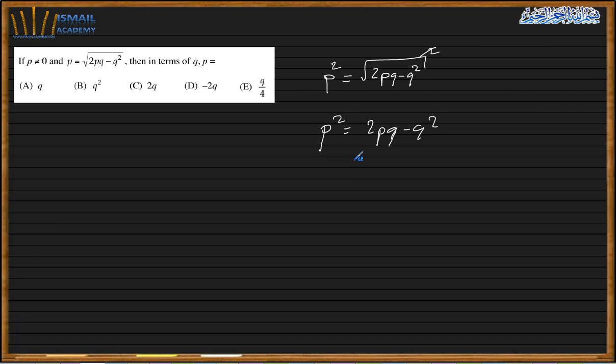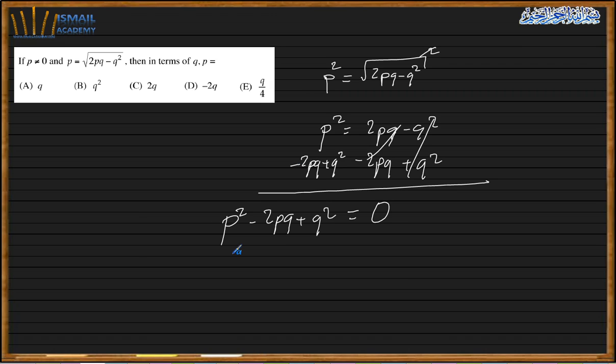So what I do here, plus p squared minus 2pq plus q squared, and this will be 0. This p squared equals 0, which means that p minus q equals 0. So add q to both sides. P will square plus